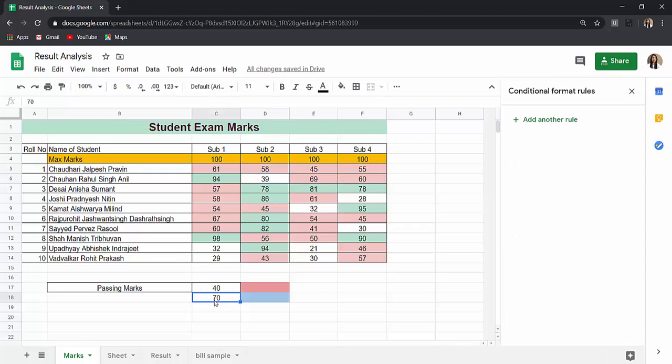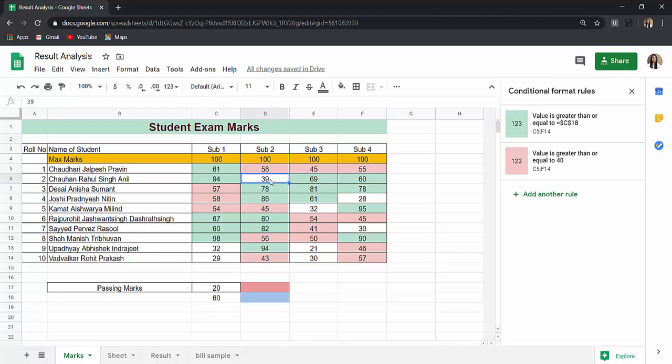Conditional formatting works dynamically. It means if I change the value from 70 to 60, you can see all the values greater than 60. All the cells having value 60 and more than 60 are highlighted. If I change this value, it will not work because there we have given the fixed value. So basically we use cell value so that if we change the single cell value, it will affect all. Similarly, here instead of 39, if I say 69, it will get converted into blue color.